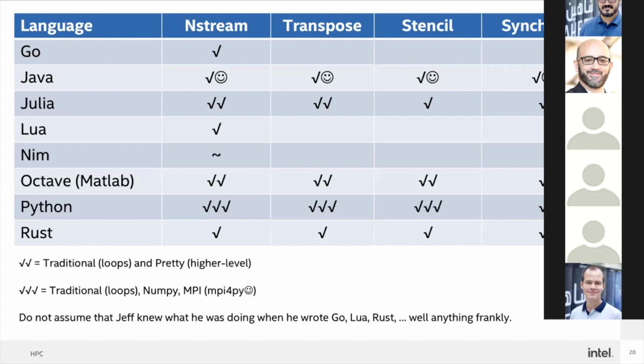So you'll see here the check marks imply how far along we are, whether we've got something elegant. In the case of 3 check marks, it means we've got the traditional loop-based Python, we've got a NumPy version, including a Numba version. I haven't done anything with Numba yet, but I've put in the directive. And then MPI for Py, where some of the codes are good, and the stencil one needs a lot of work. It's very, very slow for reasons I don't understand.